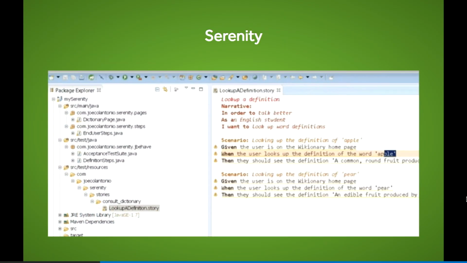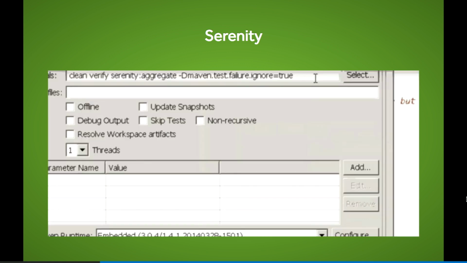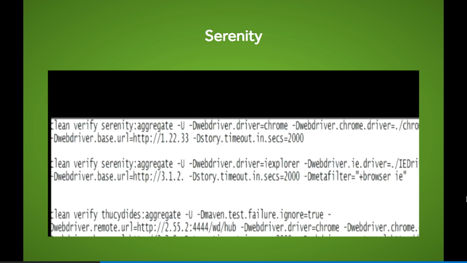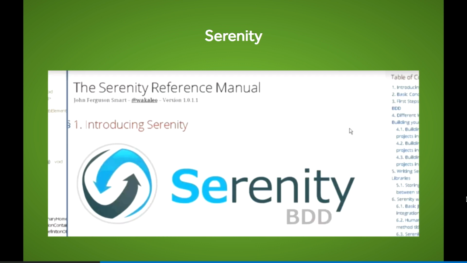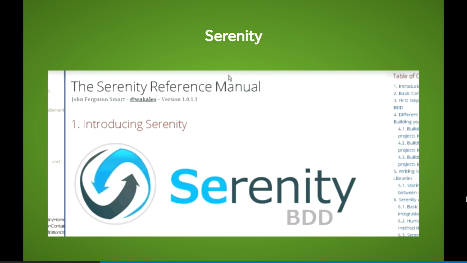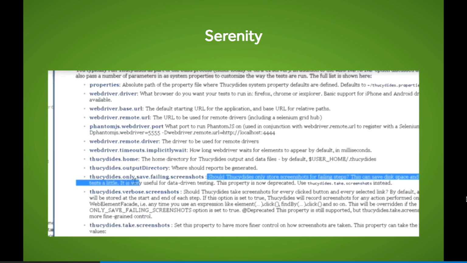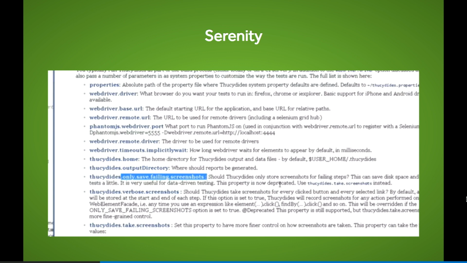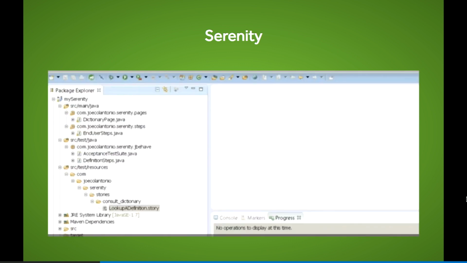So the first one is Serenity. This used to be called the Serenity. I don't know if anyone's used this, but I've been using this for a while. And what's really awesome about Serenity, it acts like a wrapper on top of Selenium. It also sits on top of JBehave and Cucumber. So if you're doing BDD, it has all these extra functionality that's wrapped so that rather than having boilerplate code